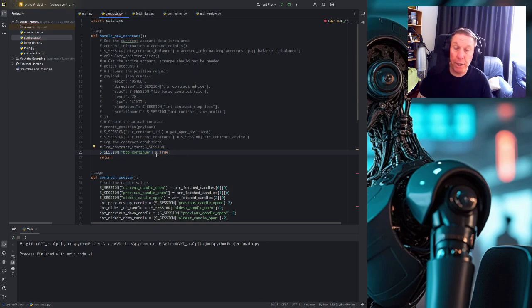The Boolean continue is true. All the other we're going to discuss right now. What's going on right here? Well, the first is get the current account details and balance. That's the first action. Get account information, the account details, and it's red underlined, so we don't have this account